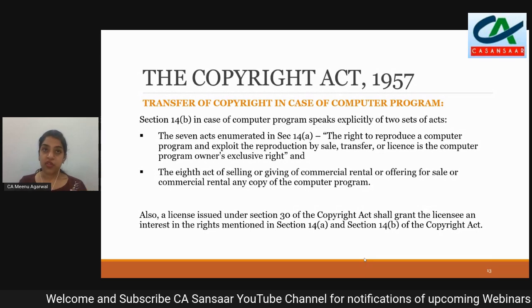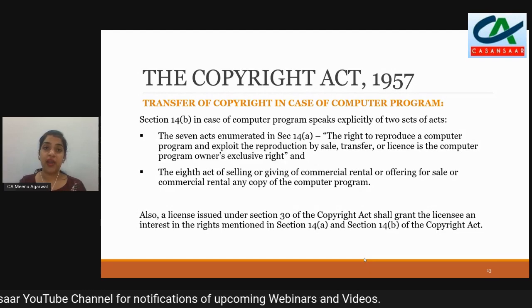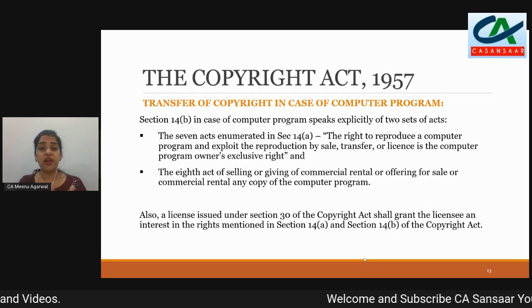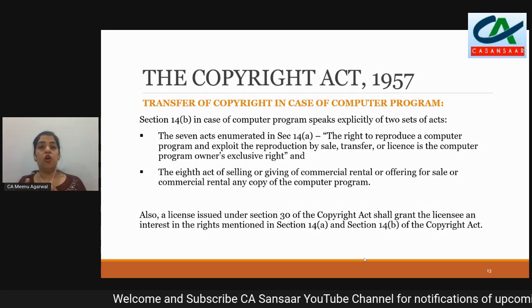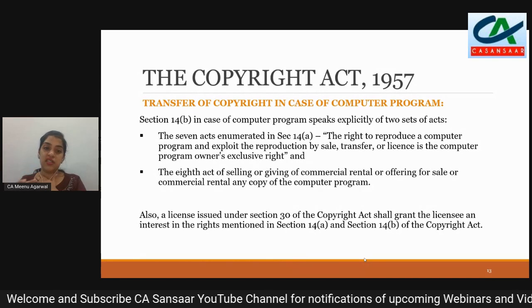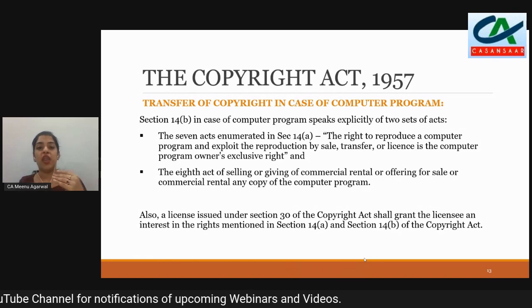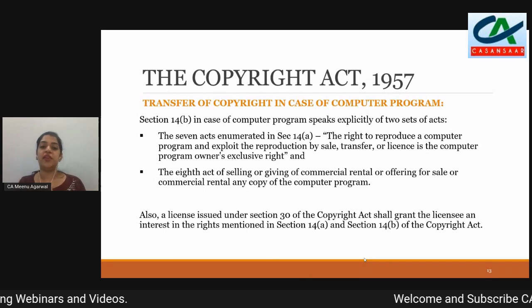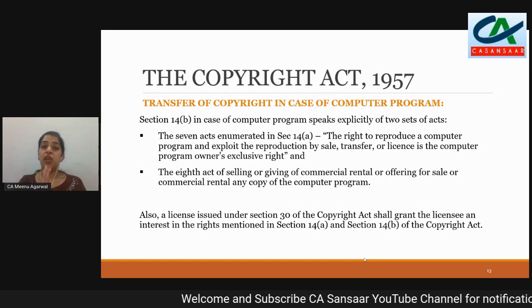The right to reproduce, the right to reverse engineer, the right to decompile, the right to access the source code, the right to sell, or the right to commercially exploit or offer for sale the computer program. Section 30 says that if the license being transferred provides you any of the rights mentioned in Section 14A or 14B, then it shall be treated as copyright under the Copyright Act. So it is very important here